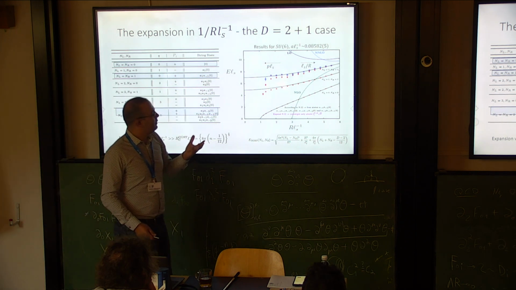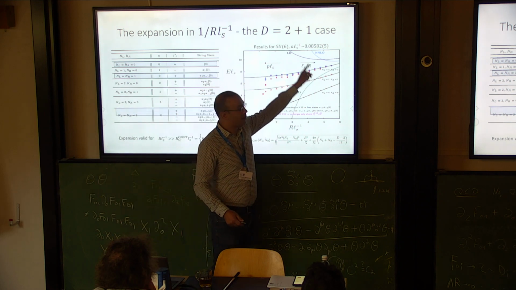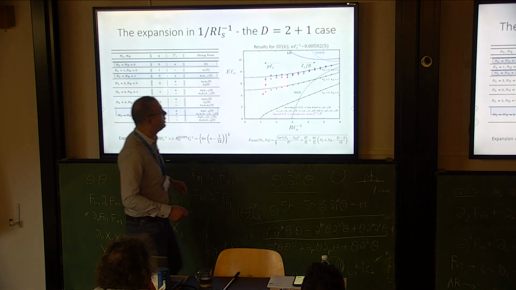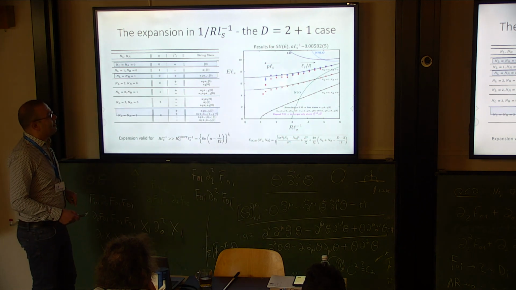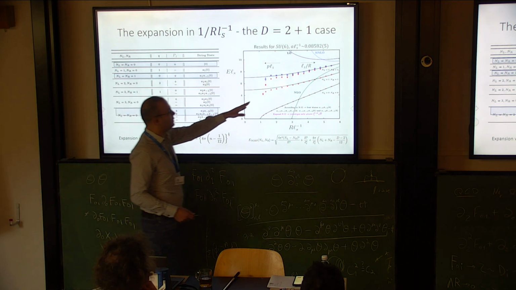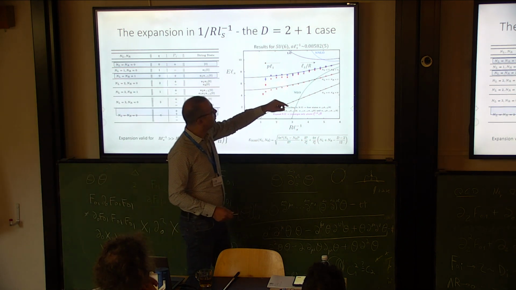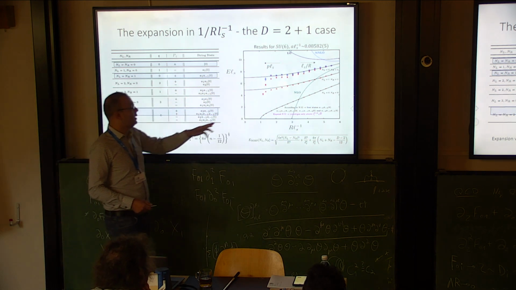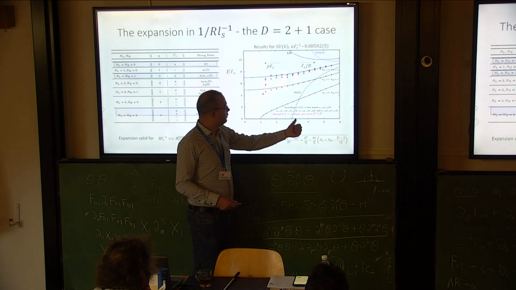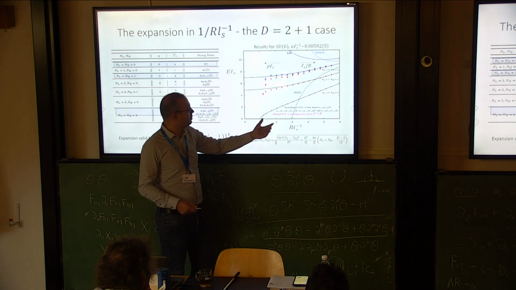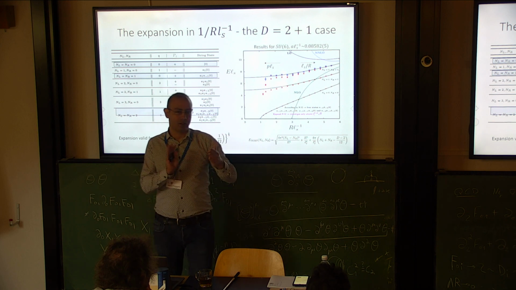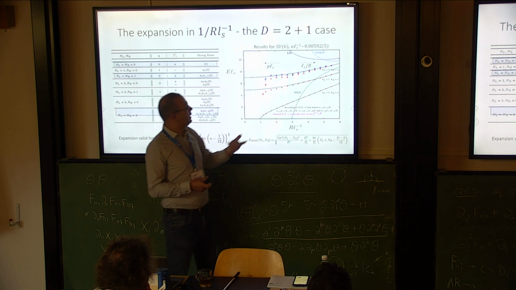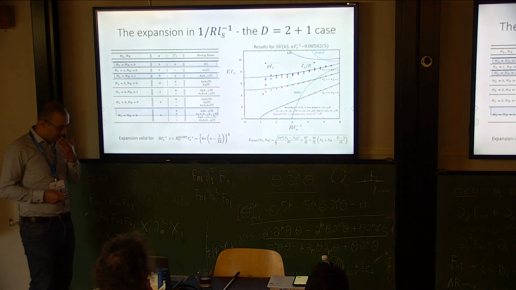And it's clear that these lines are the expansion in 1/r, okay? Leading order, next to leading order, and next to next to leading order. And you can see that none of these lines approaches our data as well as Nambu-Goto. And this is clear from the expansion that I showed you before. However, we see that as we move closer to the confining transition, or to very small flux tube length, we start getting deviations, okay?